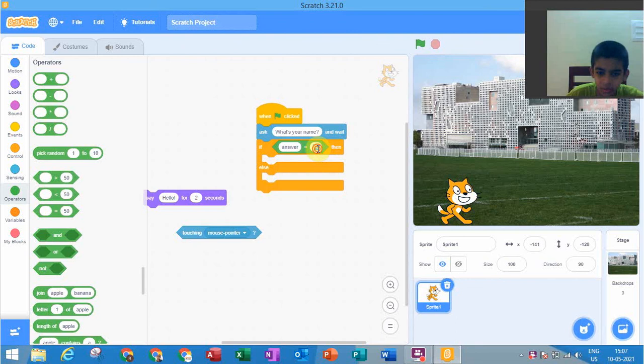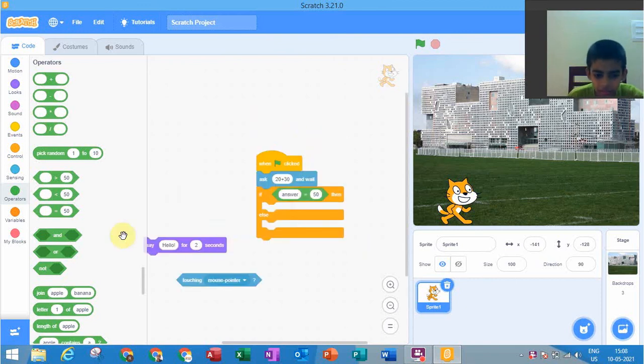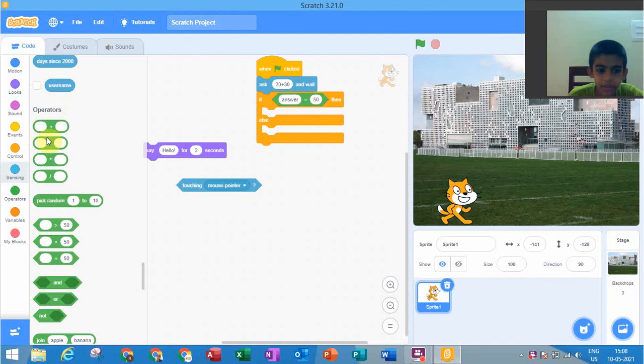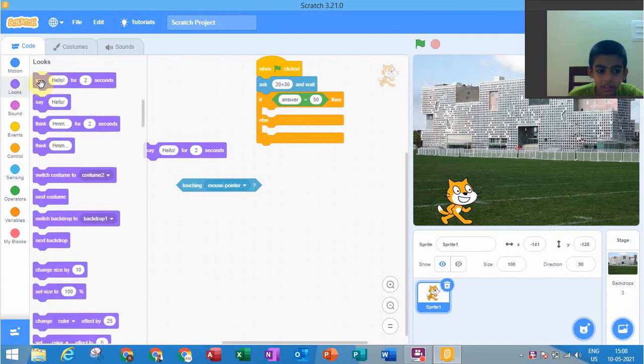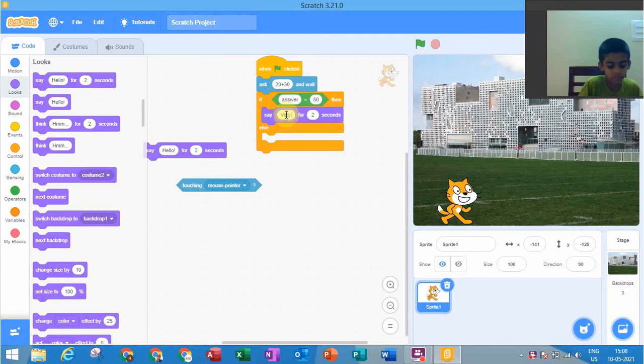If answer is equal to 20 plus 30. If answer is 50, then say, what will it say? Say very good. Right answer.